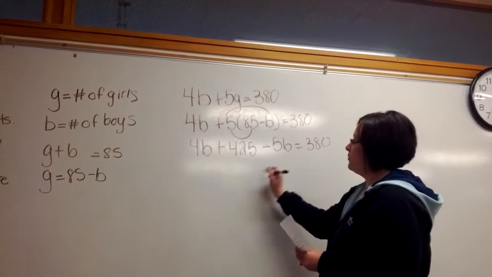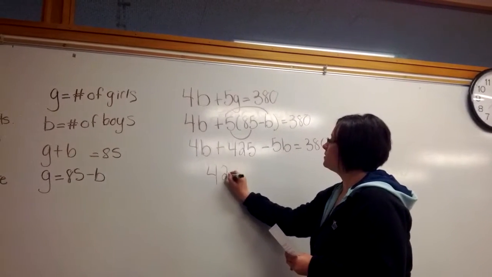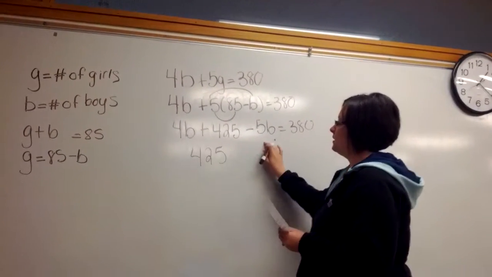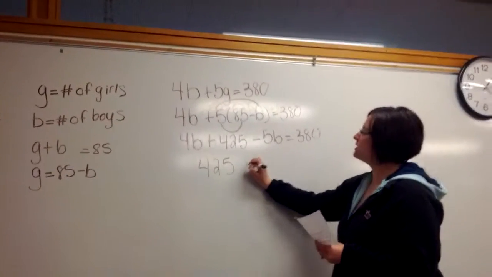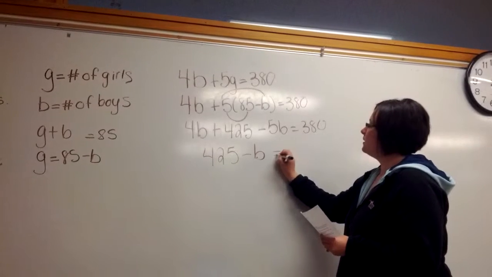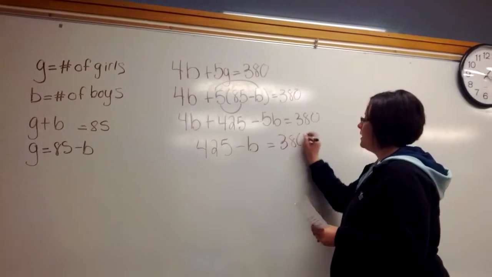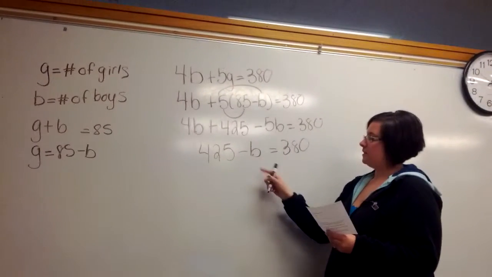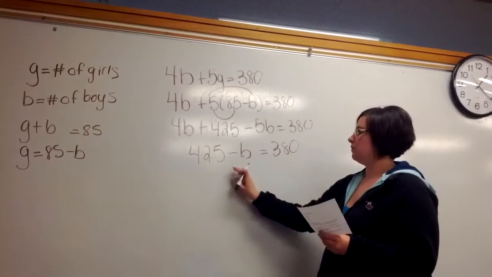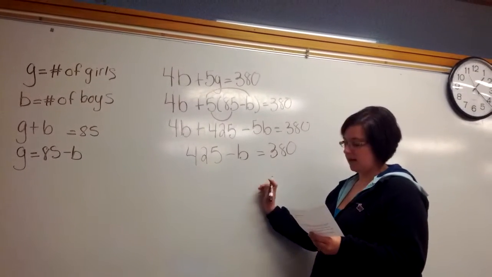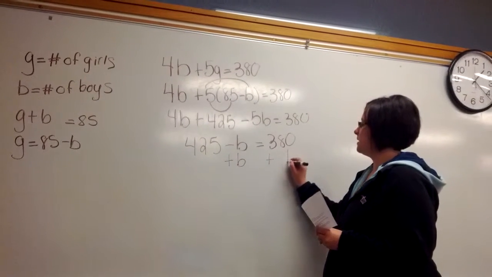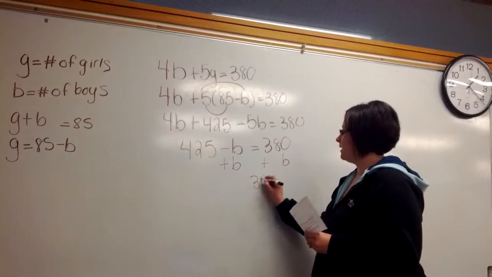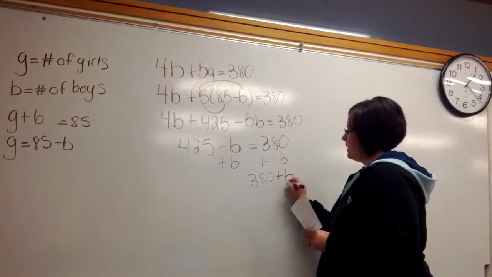So now we just need to combine like terms. So 425 has nothing on this side, and 4b minus 5b is going to give you a negative b, and that equals 380. And so to figure out what b is, we need to get the variable on one side. And so to avoid negatives, we'll just add b to this side. So you have 380 plus b,